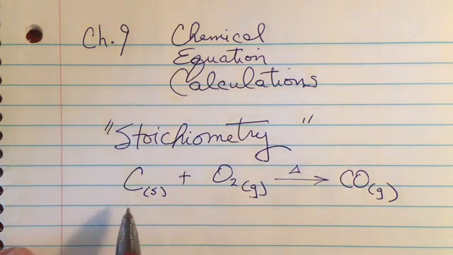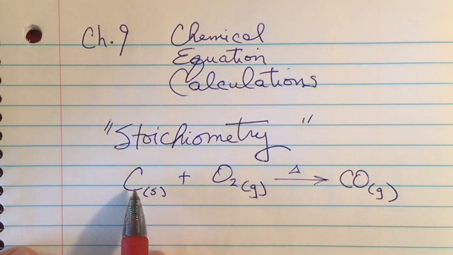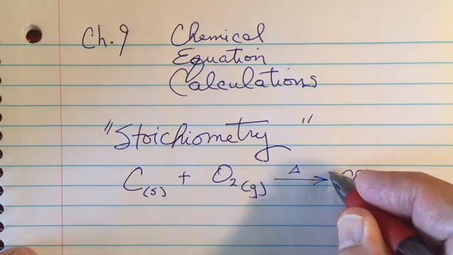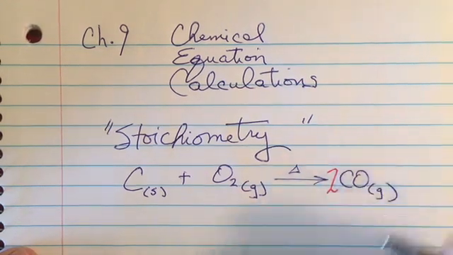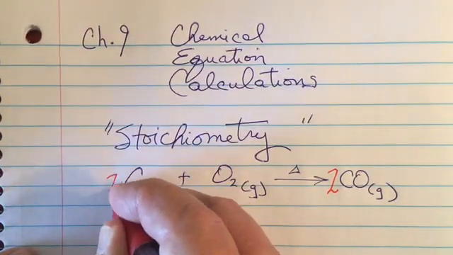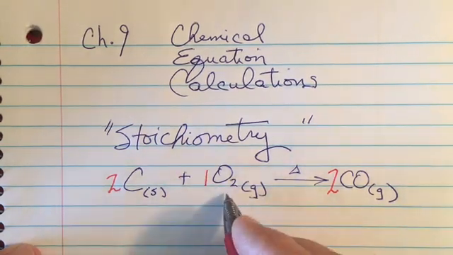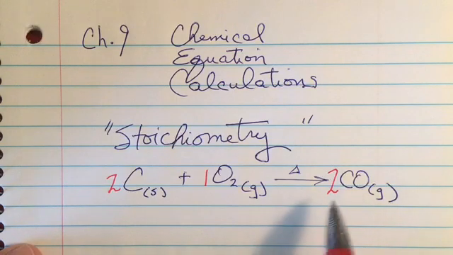We know that in order for the law of conservation of mass to apply, we have to write coefficients in front of this product and this reactant in order to have a balanced chemical reaction. We have to obey the law of conservation of mass. What this means in stoichiometric terms is that two of these plus one of these O2 molecules will produce two